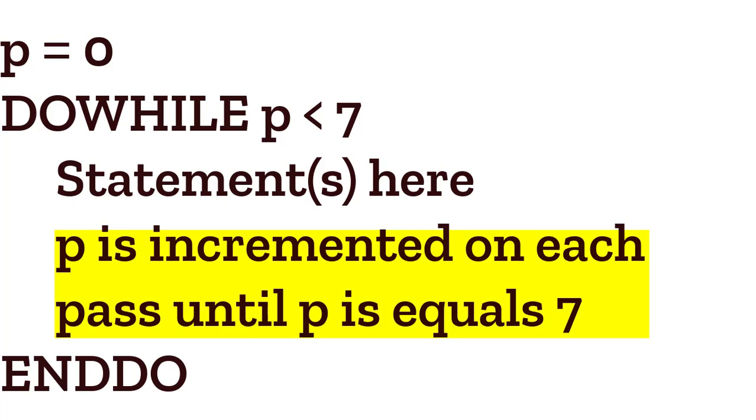You must write a statement within the do-while block which eventually changes the condition so that the condition becomes false. Failure to do so, as I've said before, will definitely result in an endless loop. And for our exercise for today,